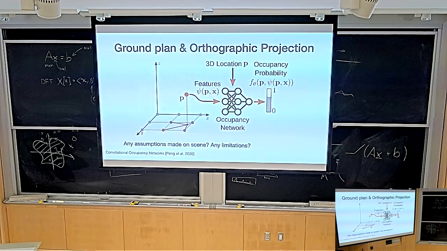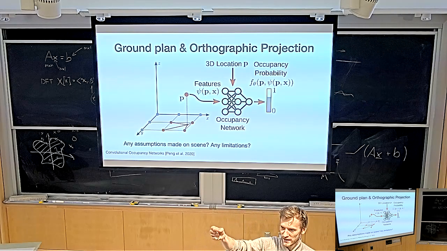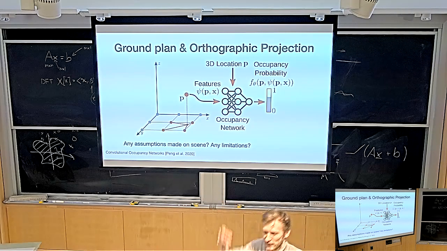Okay, good. Here's a fun fact: you don't have to use a voxel grid. You can use any kind of discrete data structure. Here's another example of a perfectly valid parameterization. You can say, I know that the most variance of my scene is explained on the XZ plane. My scene mostly varies on the XZ plane and doesn't vary as much on the other planes. So what I'm going to do is have a ground plane, kind of like a grid lying in 2D space. Now when you want to decode a 3D coordinate, you orthographically project it onto the ground.